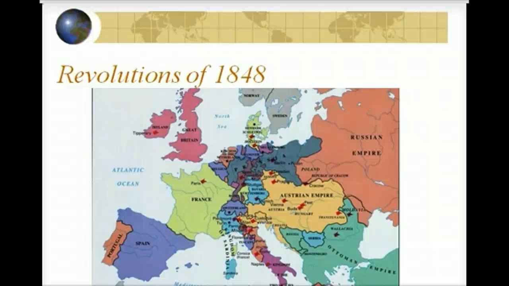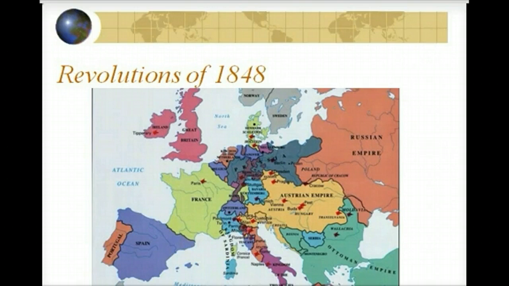Okay, so we have covered the three isms: conservatism, liberalism, and nationalism. Then we covered the revolutions of the early 1815s and 1830s. You need to know the exception there in the early revolutions was just the Greeks before 1830. And then we had the Belgium Revolution being our exception in our 1830s revolutions. Then we talked about reforms in England, and now we're ready to come back to more revolutions, the revolutions of